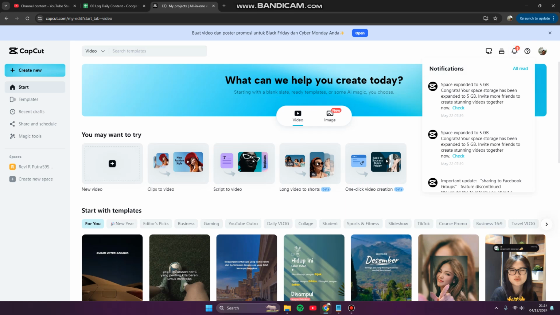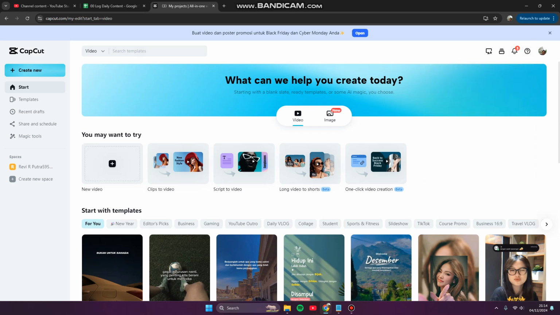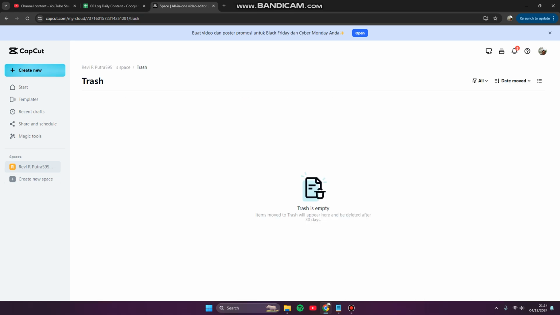So here, space expanded to 5 GB. Congratulations, your storage space has been expanded to 5 GB, and so on. This is the notification. And in order to clear up some space, this is the Spaces option. Click your profile, and here we go. I got 5 GB of storage for lifetime, and in order to clear up space,